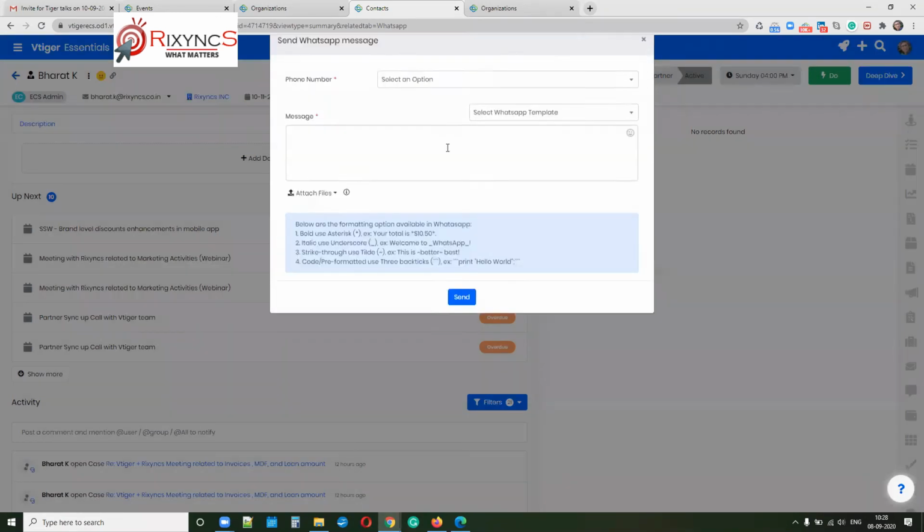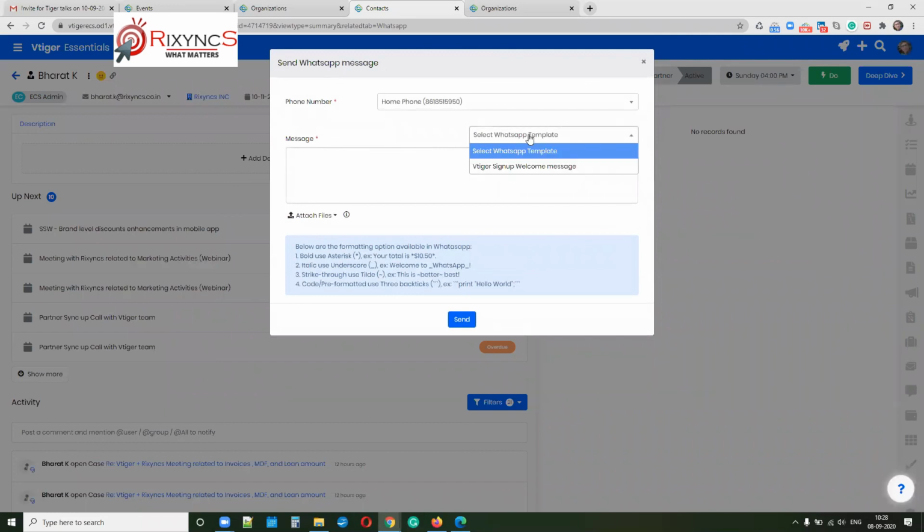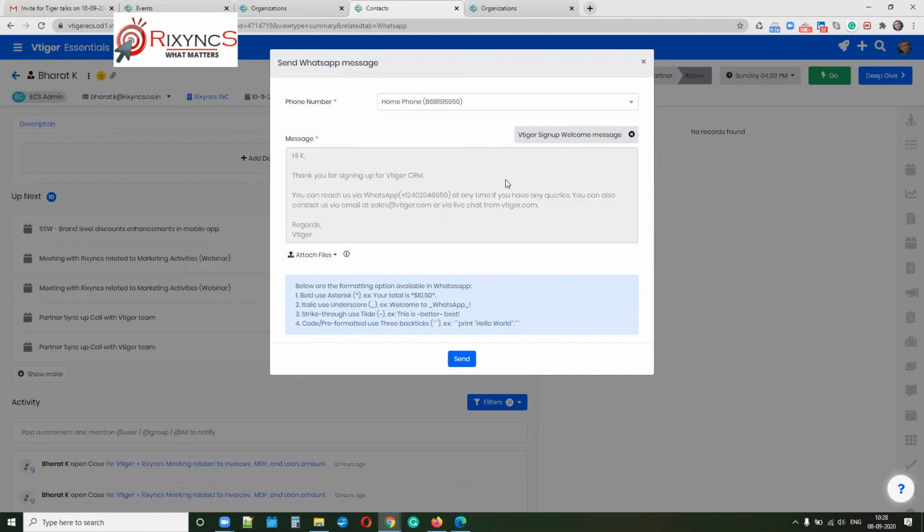You need to have the WhatsApp SMS welcome message template, which they are going to charge. You can create those templates here and get it approved from them. You can also attach files from your computer and send to the relevant person.